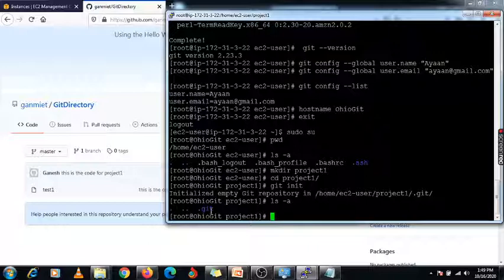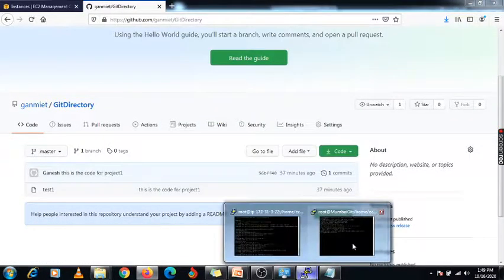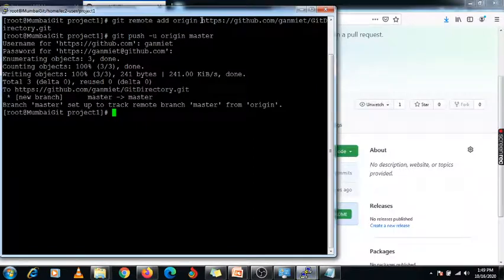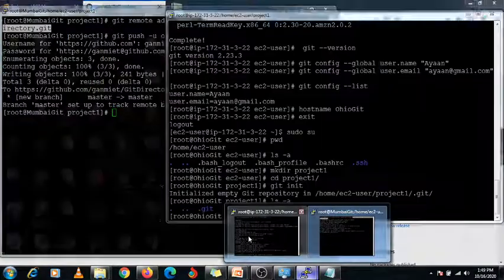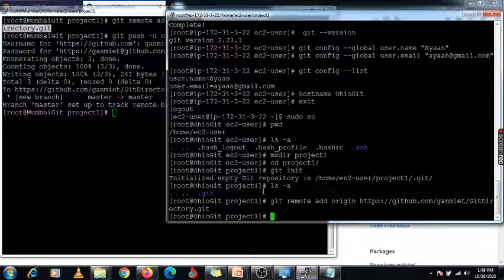Okay, so now I am going to use the command git space remote. Same command here I am going to use. First we need to add a remote location, that is our centralized repository, and here I am going to specify the name origin, and you need to specify the URL, right? The URL we have pasted here, same URL you need to use here. Okay, this origin is now added.